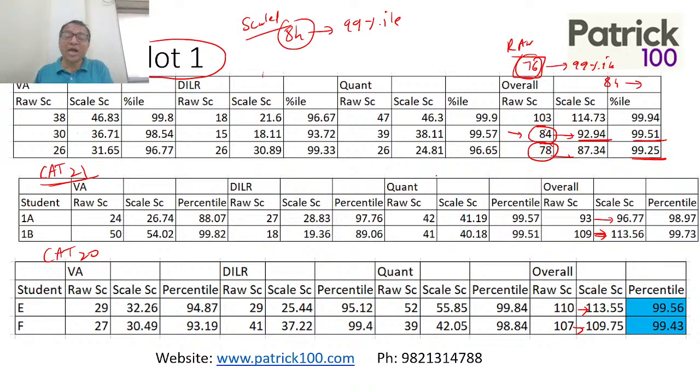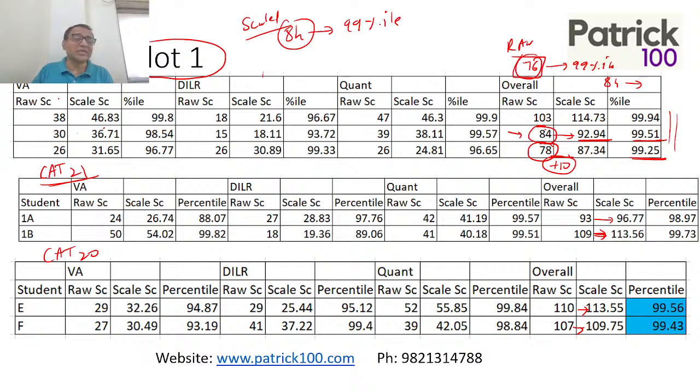Last year the scaling was much higher because people panicked drastically. People got almost plus 10 marks from their raw score to the scale score, because of which you got a percentile much higher than what you could have gotten with the same marks. But remember, slot 1 always had a scaling up, there's always a plus. I'm not saying it will scale up this time, but there is a higher likelihood in slot 1 because, as I said before the CAT exam, slot 1 people normally panic and therefore the scores tend to be a little low. So we'll have to wait and watch how it goes this year.